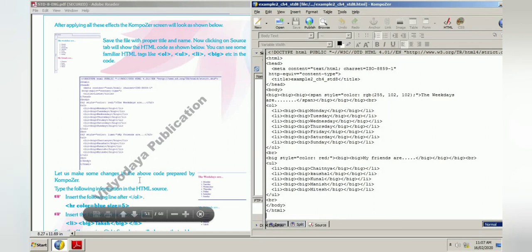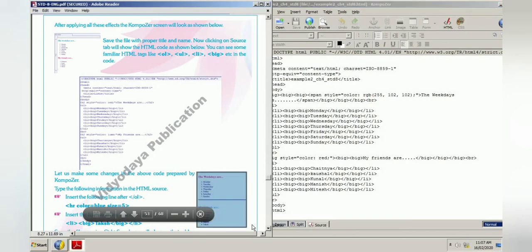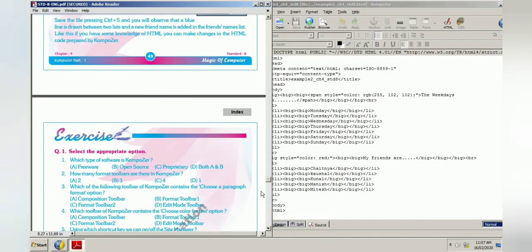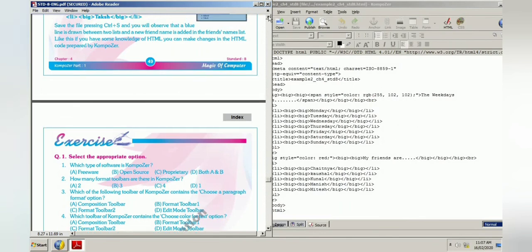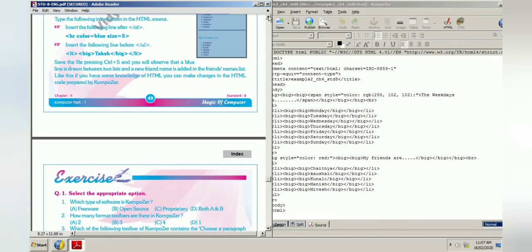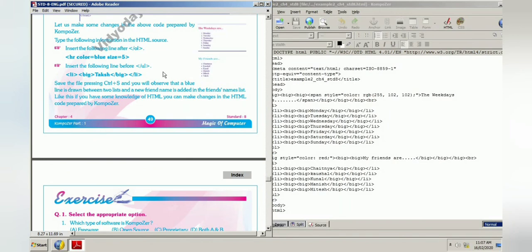Now let us make some changes in the above code prepared by Composer. Type the following information in the HTML source. We already know HTML, so we can make the changes over here. So what are the changes we have to make? Here insert the following line after closing OL.